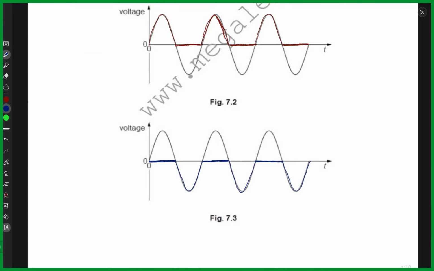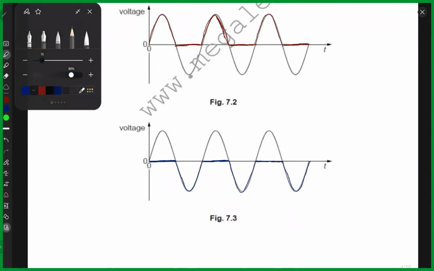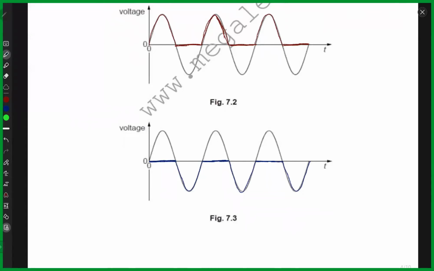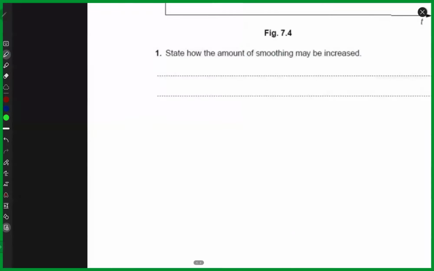Okay, so is that clear? Yes. All right. Now,